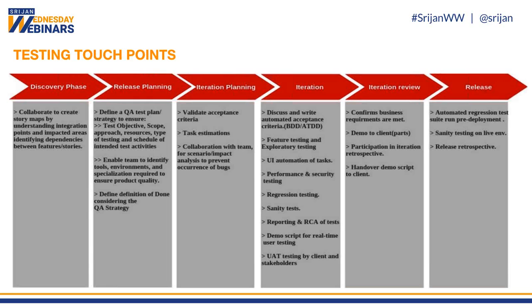So in iteration planning, what happens is QA will validate the acceptance criteria. Like if I want to deliver story number one, the QA person can sit together with the PO or BA and discuss whether this is a valid acceptance criteria, or if some changes are required or not. So task estimation will be done from the QA side and from the development side, then a cumulative task estimation will be given to those stories. And after that, there comes a bug prevention stage, which is like